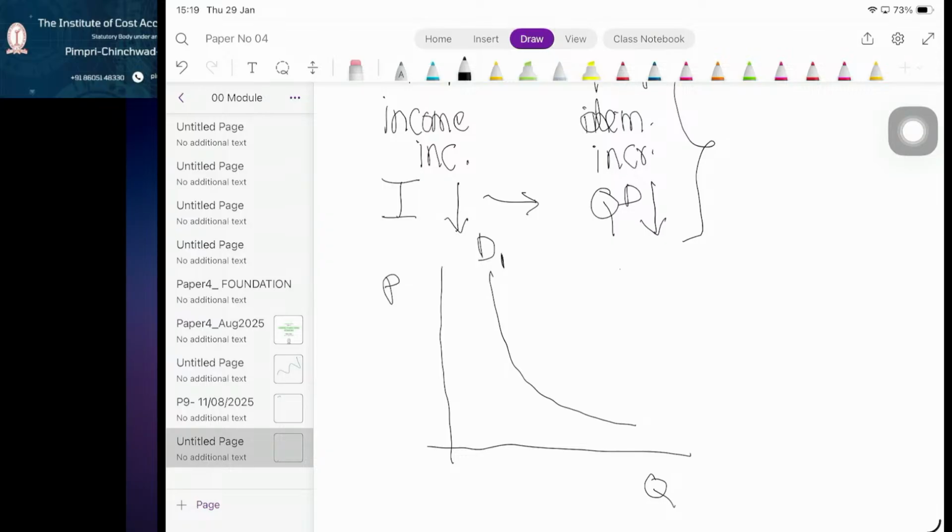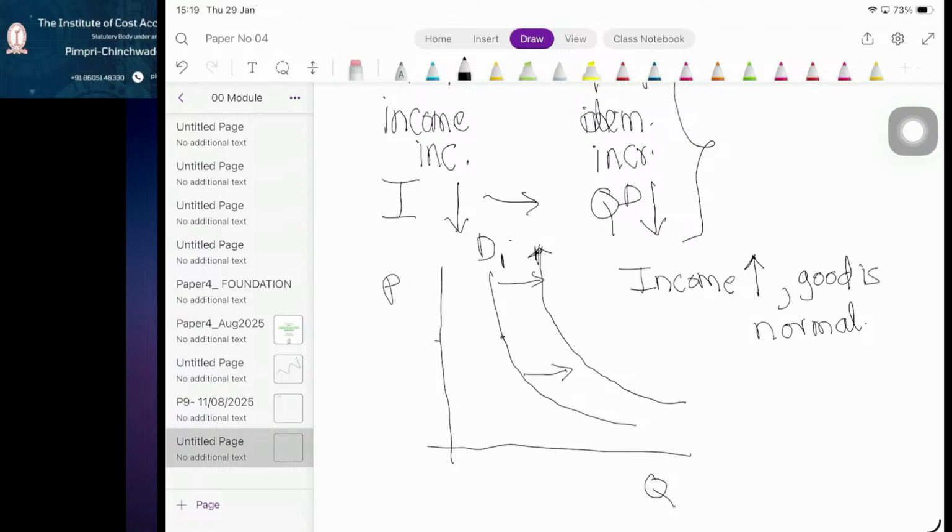If consumers' income increases, all other things remaining constant, and the good is normal, then what happens? This entire demand curve will shift to the right. The entire demand curve shifts to the right,